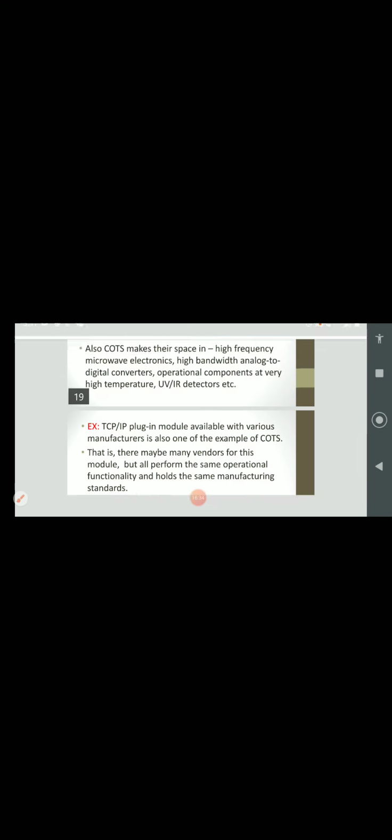If there is some new technology coming which is advanced to this Ethernet, the COTS are available with the technology Ethernet. But if this new technology is coming with other than this Ethernet technology, these COTS are of no use. In that case, the manufacturers withdraw their product from the market. So that is one of the major disadvantages or drawbacks of the COTS. So this is about the COTS.